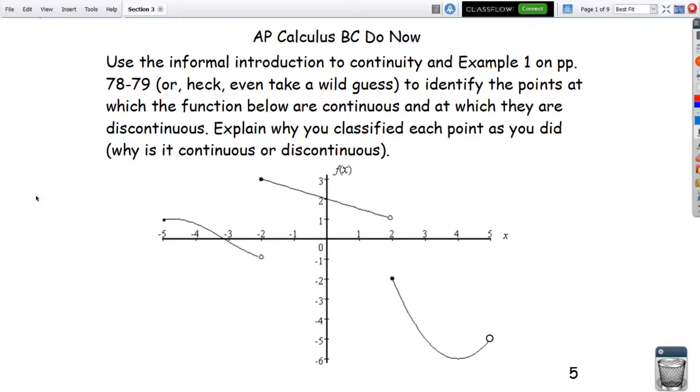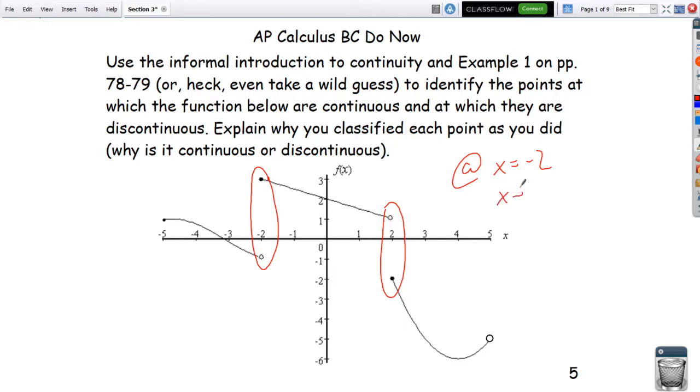All right, cool. I'm going to show you the 3 places where this function is discontinuous. Just to be clear, this function is continuous everywhere where it is not discontinuous. The discontinuities occur at x equals -2 and x equals 2, because right here it has to jump to get up here. So it's got that break in this graph. Discontinuity means you have to pick your pencil up in order to draw the function. So discontinuous at x equals -2, and again at 2 we have that you have to pick up your pencil